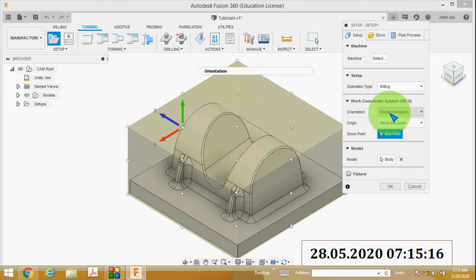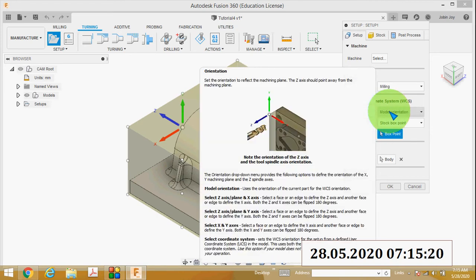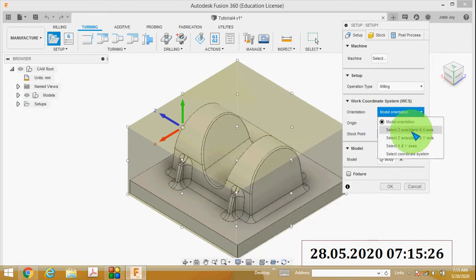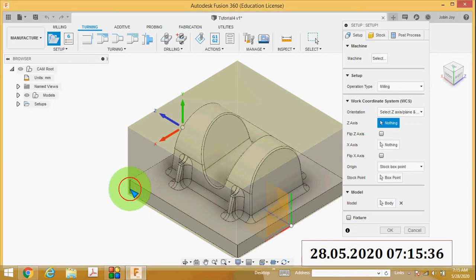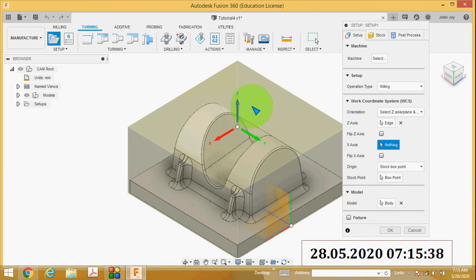and then set the work coordinate system, WCS, that is the orientation to reflect the machining plane. So click the model orientation and select Z axis / plane X axis, and then click this vertical edge such that the Z axis is facing upwards. So you can see the Z axis facing upwards,